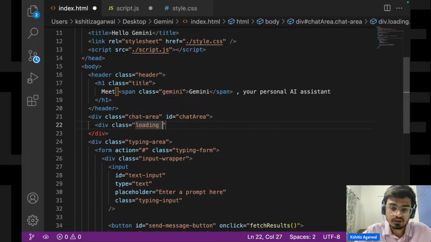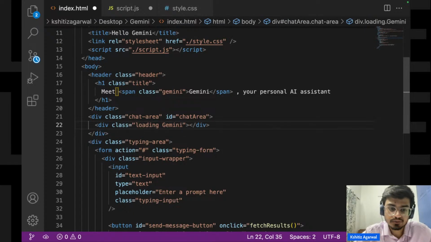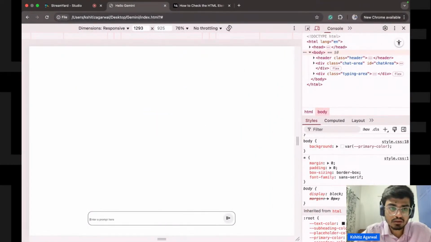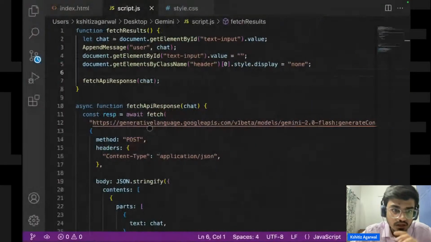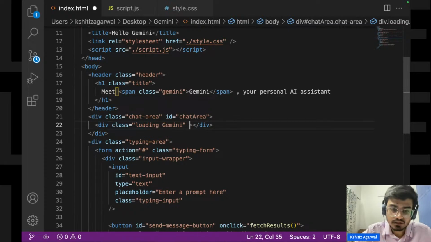Loading and Gemini. Okay, and so yes, it's there. So what I'll try to do is, I have initially created a div, and